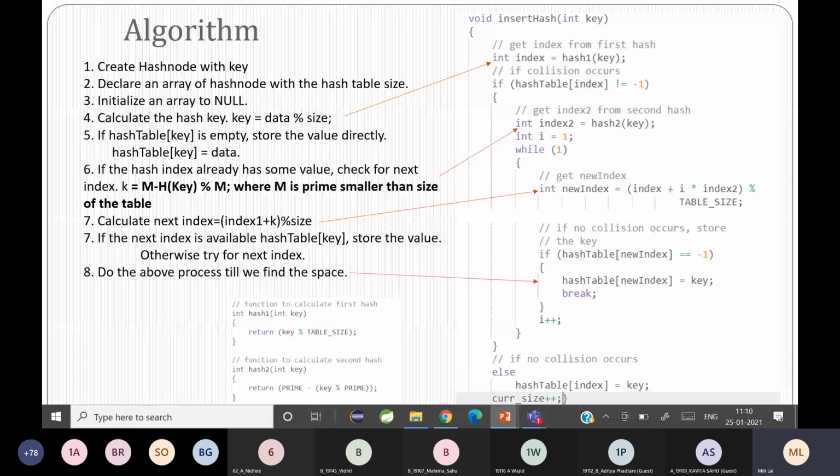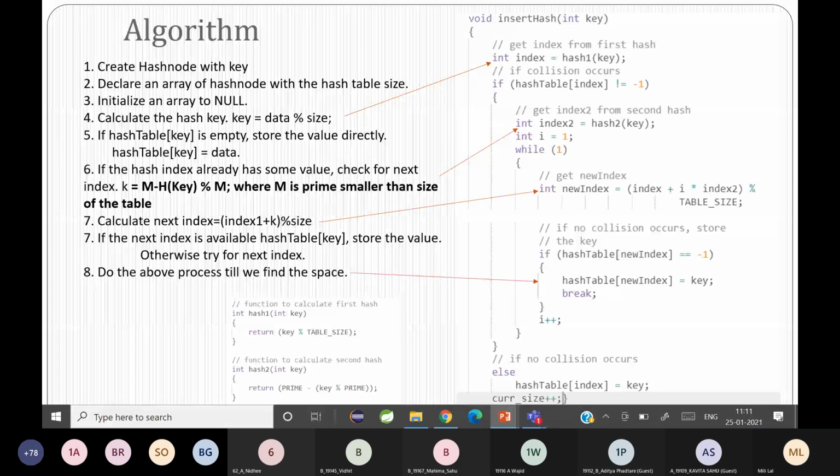Is it clear to the person who asked? Doubt? Did you understand? Okay, so yes, of course, that can happen. That time you will have to use this. So that is why it's called double hashing. It means the 2 hash functions are used for counting, but if that doesn't work, you have to find the next. See, you count the steps and then you find the next available space. Is it clear? Okay, now please go through the algorithm.